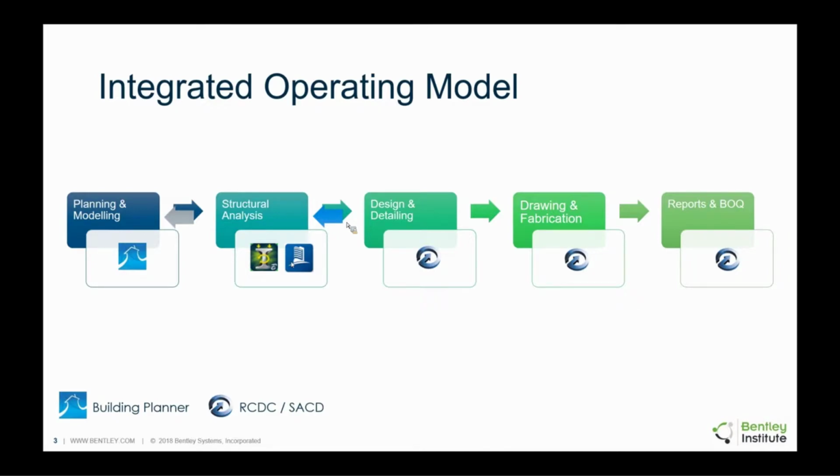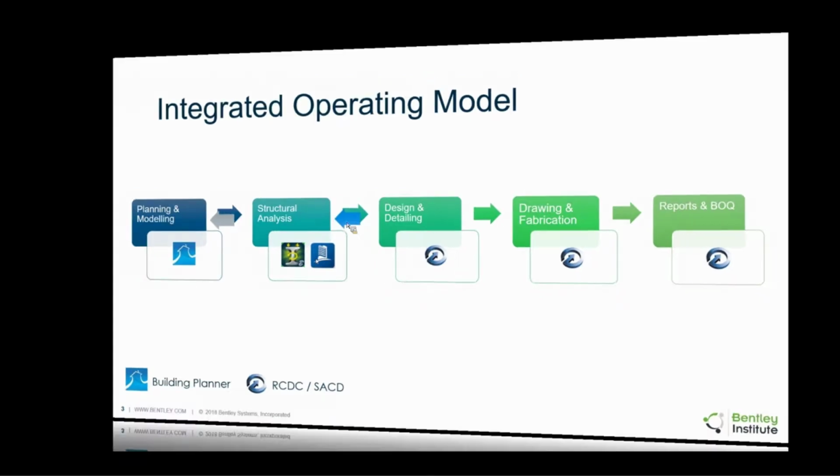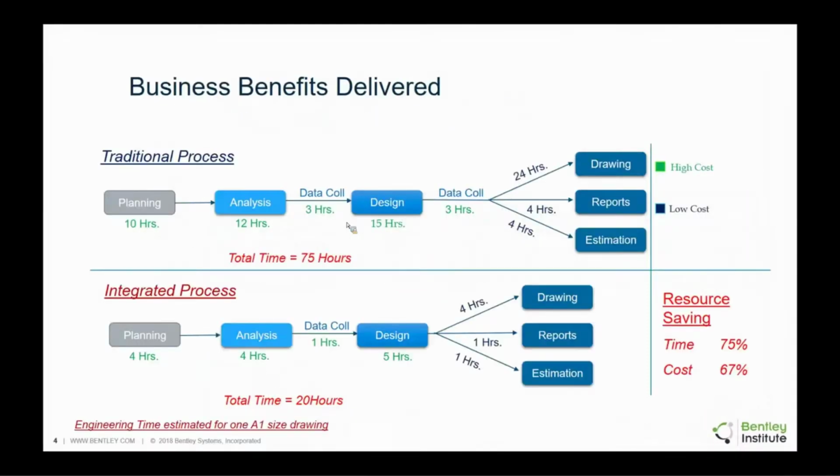And of course, it's good to talk about conceptually integrating and so on. Finally, I think for all of us as professionals, the bottom line is very important. So it boils down to what is the advantage in my process of using these solutions. And these advantages we classify into two types of advantages. One is what we call the tangible benefit, which is what you see on the screen here, which basically highlights that with a lot of automation, with a lot of intuitive automation and intelligent software, your process can be largely